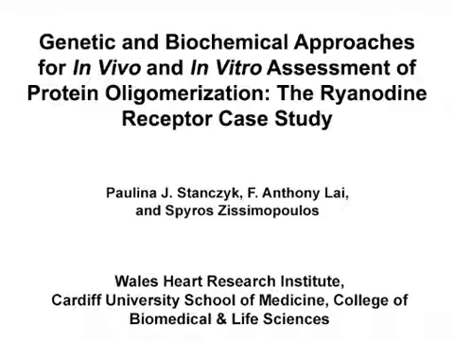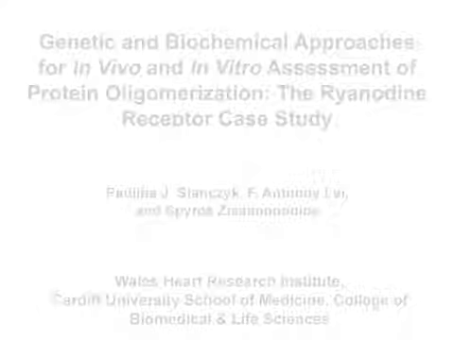The overall goal of these three complementary experimental techniques, namely yeast-2 hybrid, co-immunoprecipitation, and chemical cross-linking, is to assess protein-protein interactions, and in particular self-association, and to determine the stoichiometric composition of protein homo-oligomers. These methods can help answer key questions in the field of channelopathies, such as altered Ryanodine Receptor oligomerization underlying cardiac